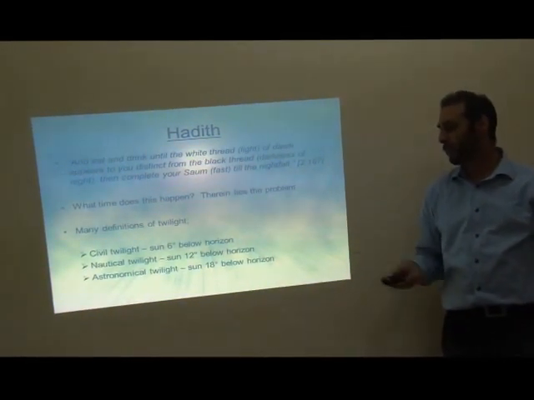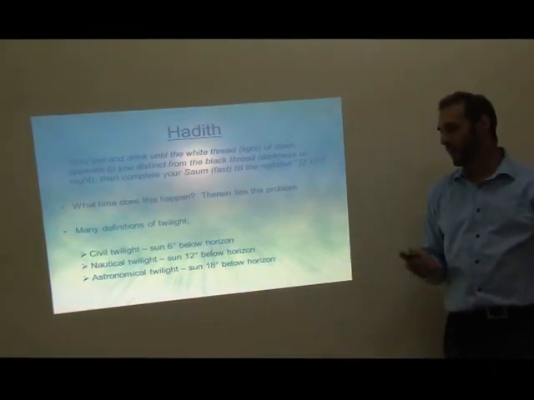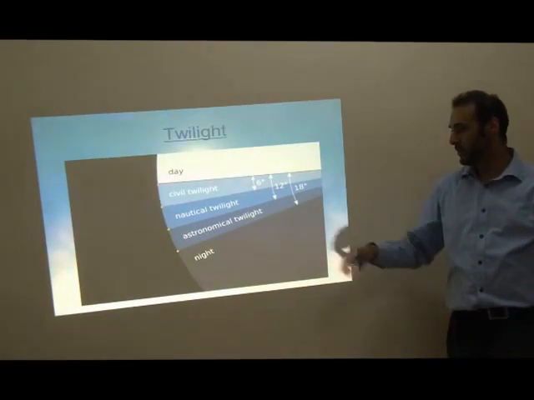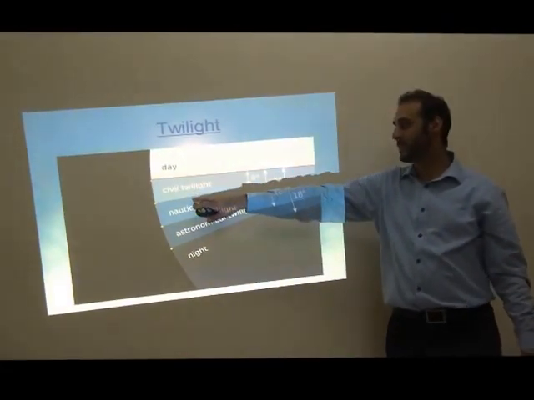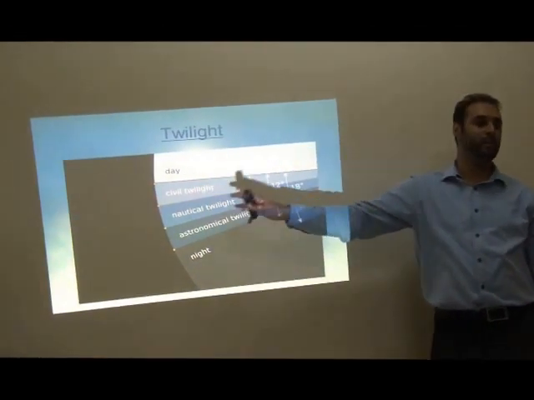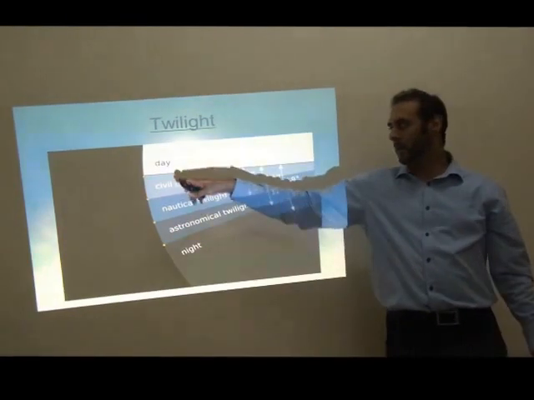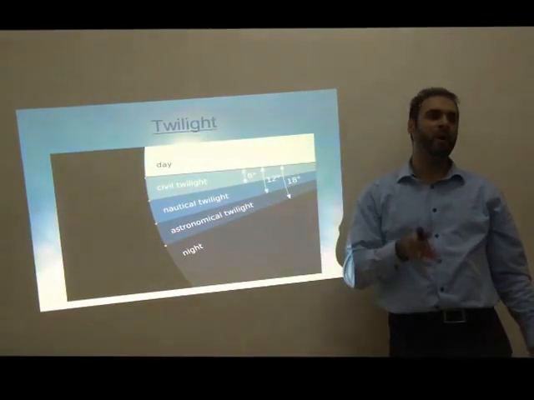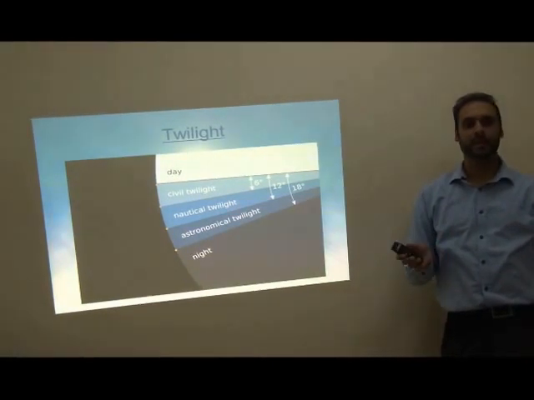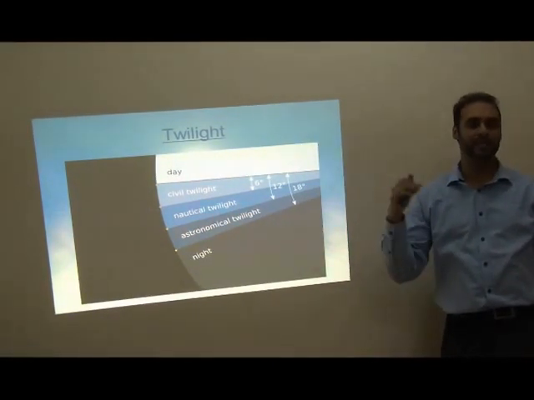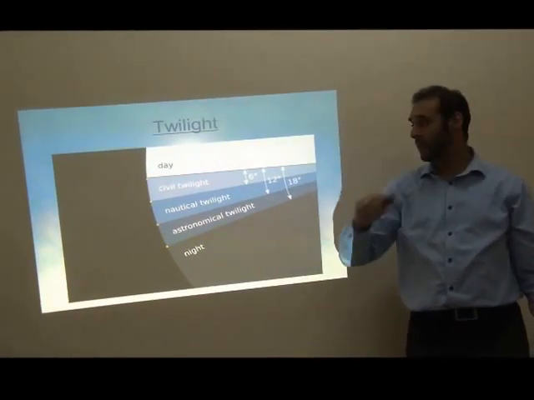There's civil twilight, when the sun is 6 degrees below the horizon, nautical twilight, 12 degrees, and astronomical twilight at 18. So here's the horizon, here's the sun. From here to here, 6 degrees, is known as civil twilight. This is the time when in England, by law, they switch on the street lights. Half an hour after the sun goes down, they start to lock the parks and public places. Once the street lights come on, it gets darker than it normally should be anyway. But you can make out a few stars, it's getting dark.